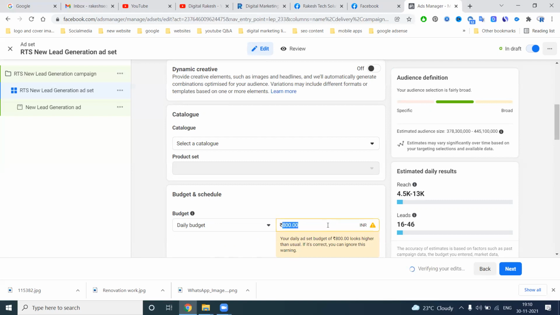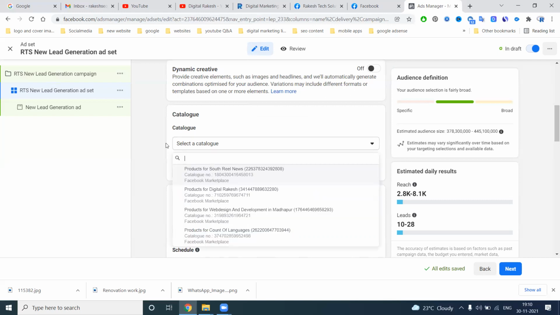What should you give in this? If I give 700, or 650, here will be a problem. 500 is accepted. How much budget can we go for lead generation daily? 500 will be a better budget for daily. Same like Google AdWords.